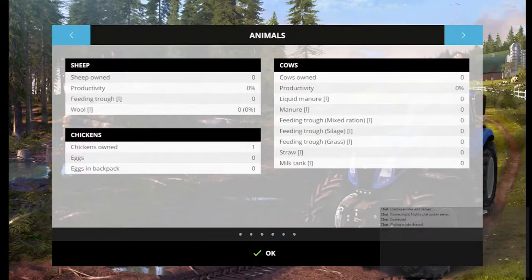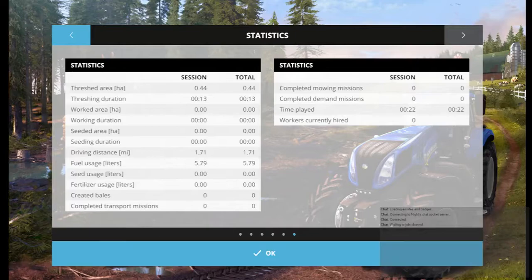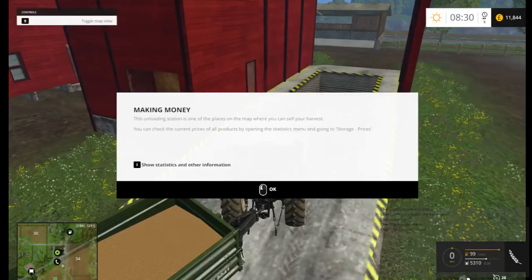These are our animals. So we currently have one chicken, which is the cockerel that you always start with. You can only buy hens on Farming Sim. And these are the statistics for what I've currently done. So current time played, 22 minutes, and this is the only save game that I have,